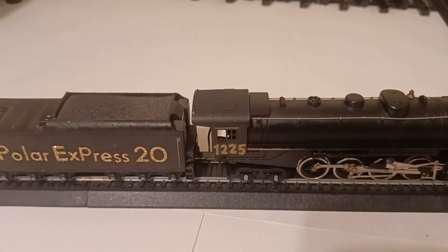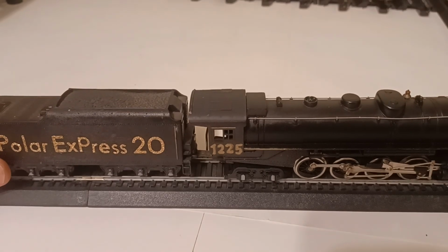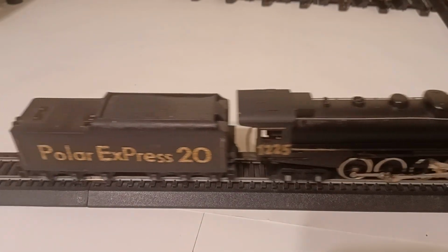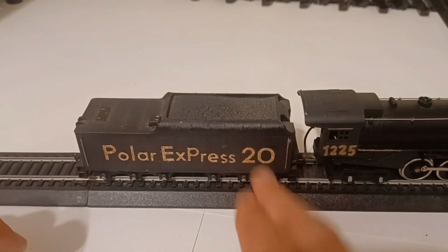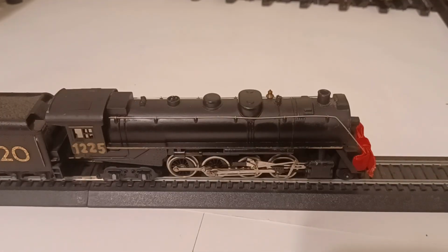It's the Tyco Polar Express 1225. And I'm kidding. This is a custom model, but most of the parts here are from Tyco. But the things that were custom made were the tender that says Polar Express 20, which is the 20th anniversary of Polar Express, which is a really good movie. I would highly recommend watching it. And what I did is